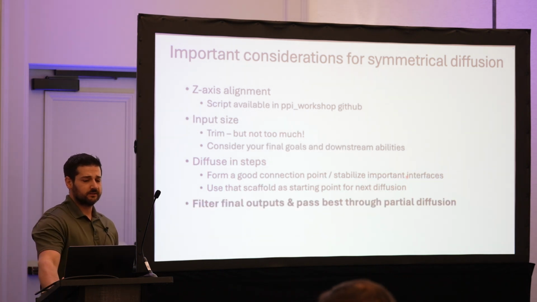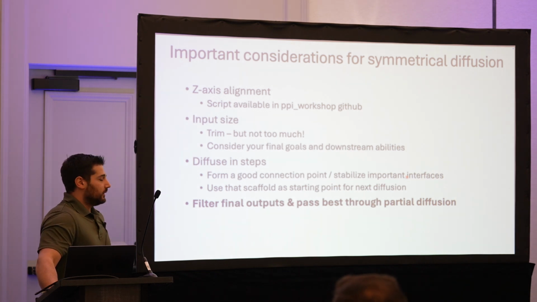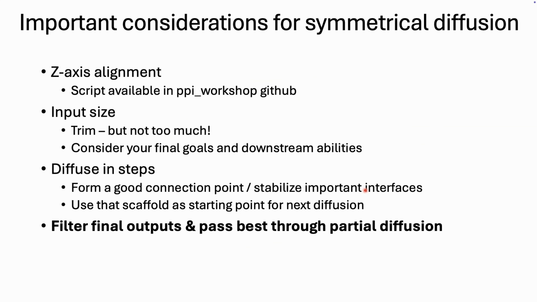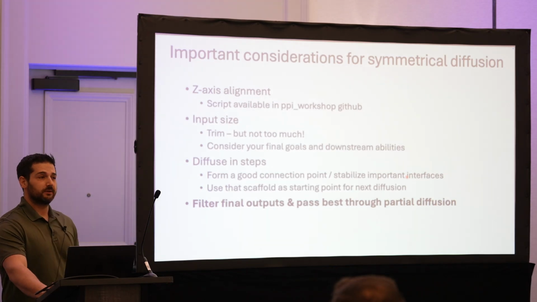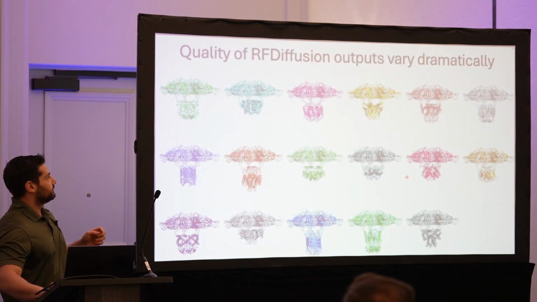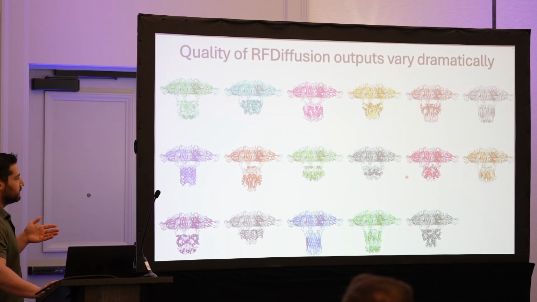And then finally, again, in an effort to reduce computational time, you absolutely do want to figure out a way to filter your outputs from diffusion. So yesterday, Amrita was showing that we can use the radius of gyration on small proteins. For larger proteins, typically secondary structure filtering is very effective. So here's an example of